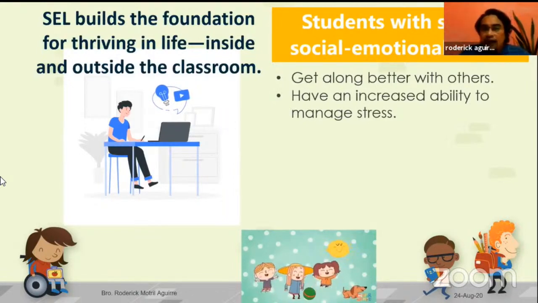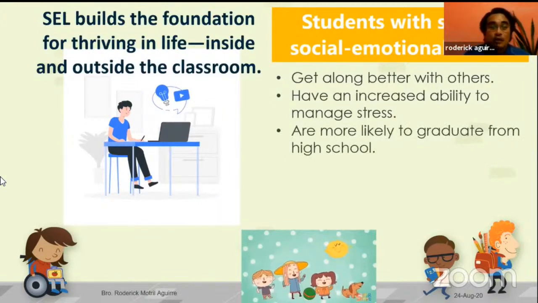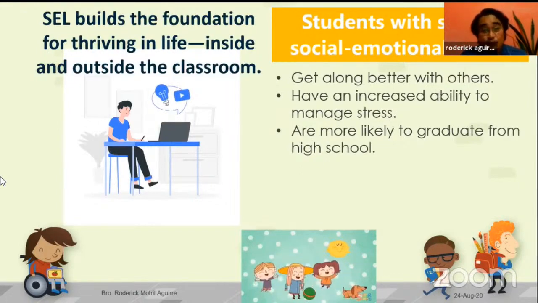So these are things that we need to help our students be able to overcome. And we cannot do that kung masyado natin binibaby ang mga bata. Okay? Next would be, are more likely to graduate from high school. So students who are, hindi ito yung sinasabi ng matatalino. Marami pong estudyante na tama lang naman ang IQ level. Hindi naman ganun katalinuhan, but because they have strong social emotional skills and they have a strong group with the same social emotional skills, that they support each other, they are more likely to graduate from high school.